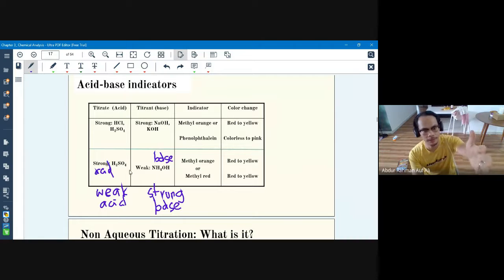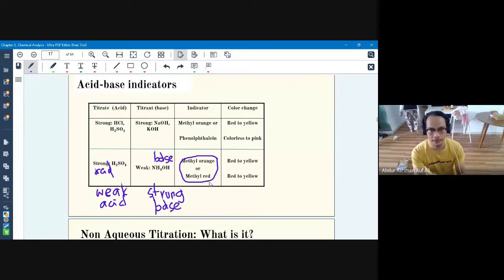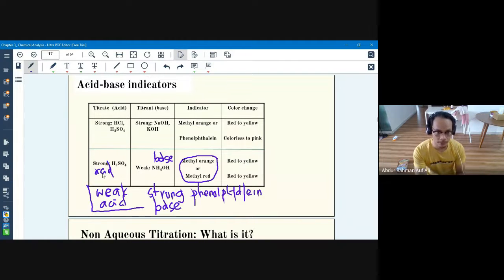So I just remember I can show you from my lecture note here. Kalau strong acid dengan weak base, better guna methyl orange ataupun methyl red. Kalau weak acid dengan strong base, better guna phenolphthalein. Okay, saya tak ingat exactly soalan dalam quizzes tadi, but this is yang ada dalam my lecture note lah. Tapi ini saya tak include, because kalau dah sini acid dengan base, kalau strong acid dengan weak base, methyl orange. So kalau terbalik, kita guna phenolphthalein, the other way around.